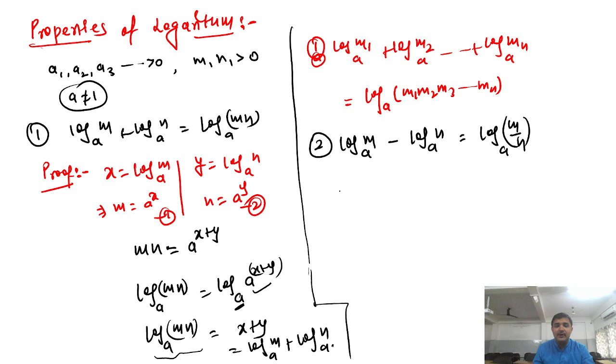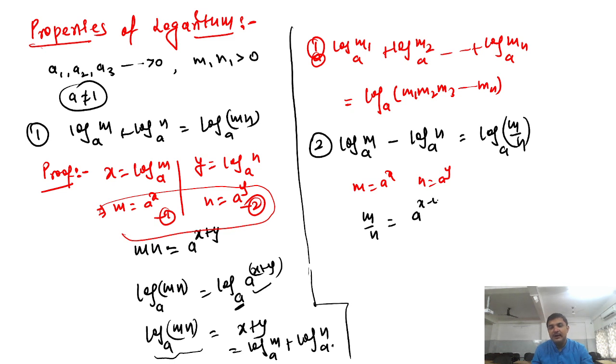We'll see, everyone, for that purpose, again the same method. Till here we are having the same thing, right? So let's say m is equal to a power x and n is equal to a power y. Instead of multiplying, this time if I'm dividing, what will I get? m by n is equal to a power x minus y. Now if I'm taking logarithm on both sides, log m by n base a is equal to